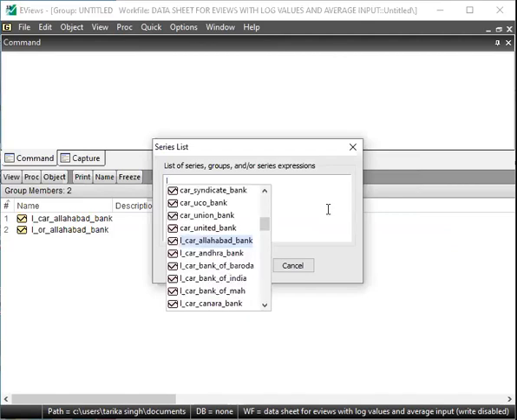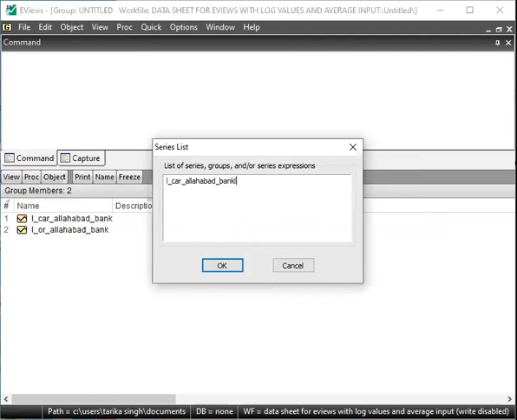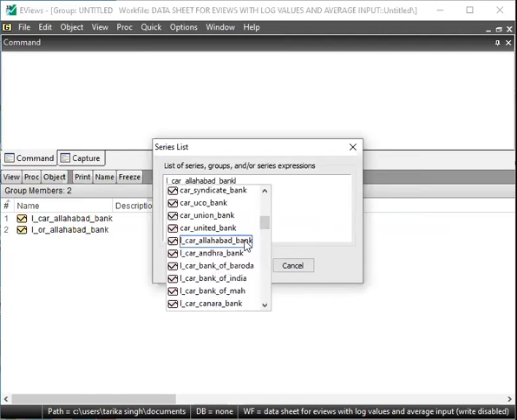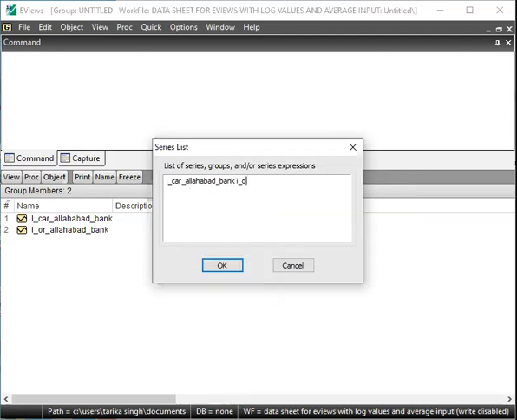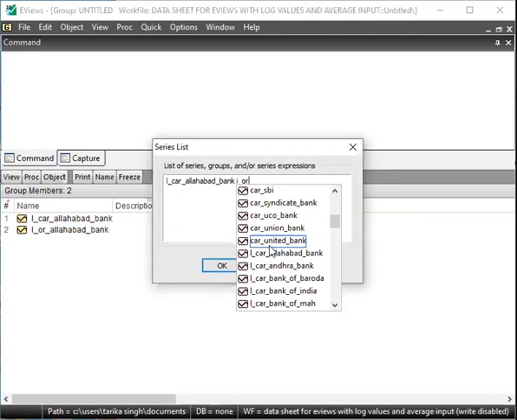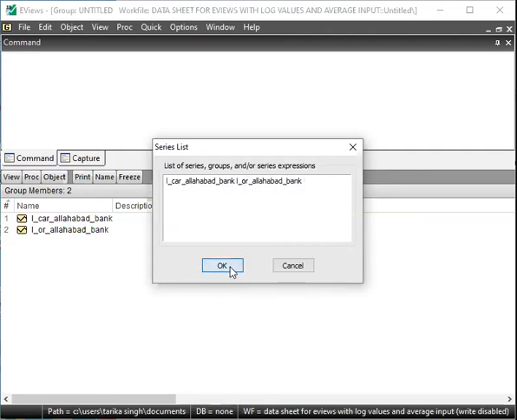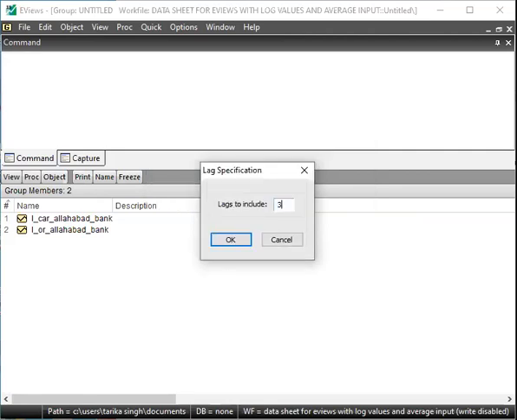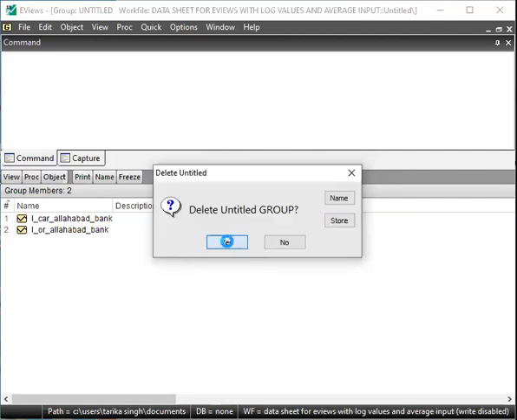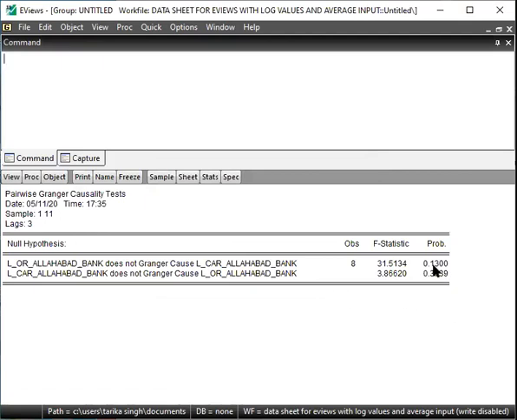We write L_CAR of Allahabad Bank, then a space, L_OR of Allahabad Bank. I'll click OK, and I'll increase the number of lags to 3. Now there are new results, which again are not significant.